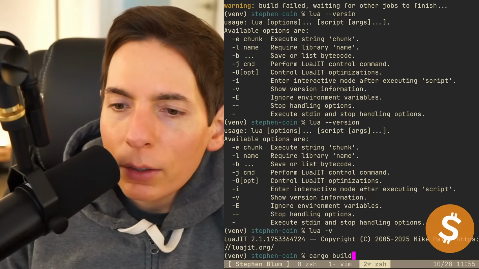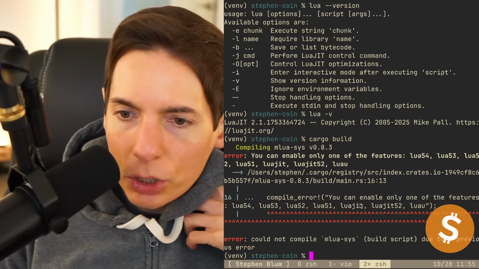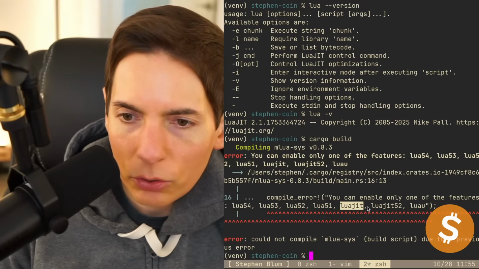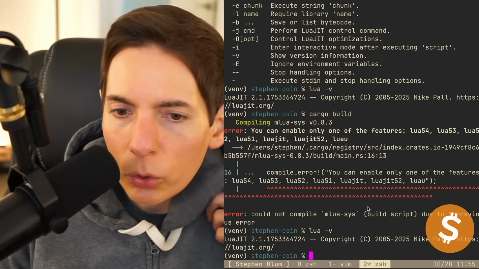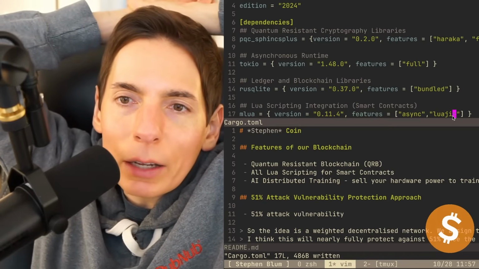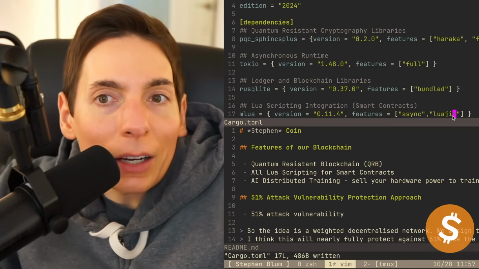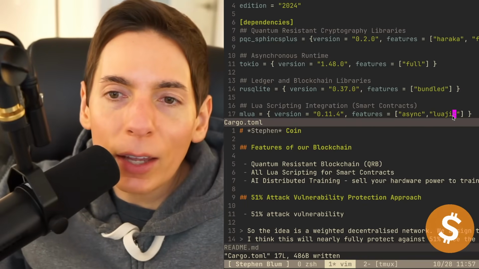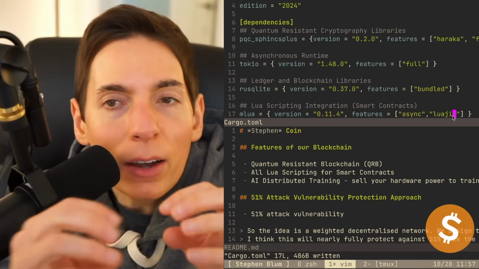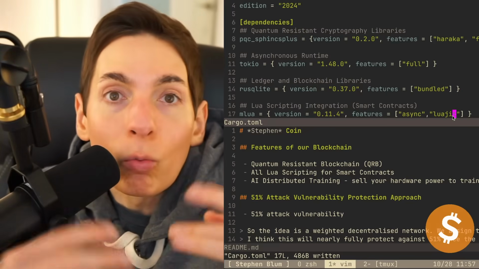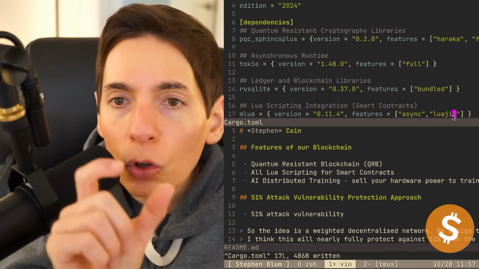So let's see, cargo. Let's do build real quick. What version? Let's do LuaJIT. Okay, LuaJIT, let's just see. Let's just try LuaJIT, because which version of Lua do I have? I have LuaJIT 2. So crypto calculations are based on a consensus algorithm. The original blockchain or Bitcoin requires a sort of hash caching, where you need to create a random signature, right? There's a random signature or random salt that creates the output signature with so many digits,